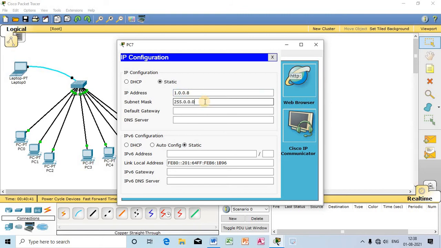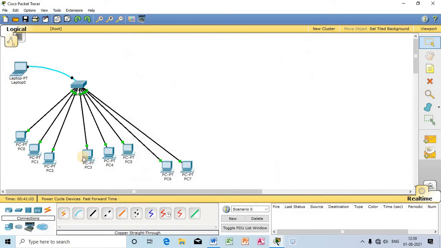So all computers are assigned in a single network. The network address of all computers is 1, but the host addresses are different, unique from 001 to 008. We have 8 computers over here.